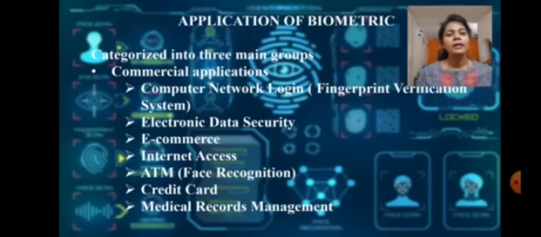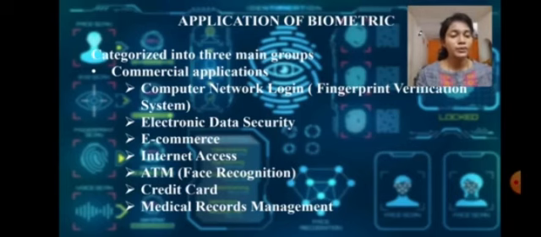So there are so many areas where biometric devices have dived in in recent days, but they have been categorized mainly into three groups. The first one is the commercial group. When it comes to commercial, the biometric systems are being used in computer network login by means of a fingerprint verification system, and